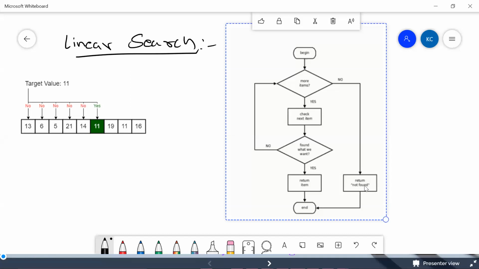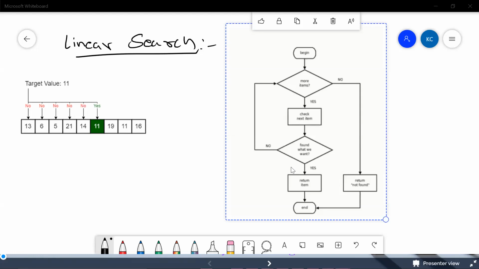Linear search, as I told you, is a brute force technique, and you do not have any great logic inside it. You just come to an array and try to find if your element is present or not. If yes, you return it. If not, you move forward. And where is the break condition, where you have to stop? You have to stop when you came to the end of the array but never found that item. So this is something called a linear search. This is all the theory behind it, guys.